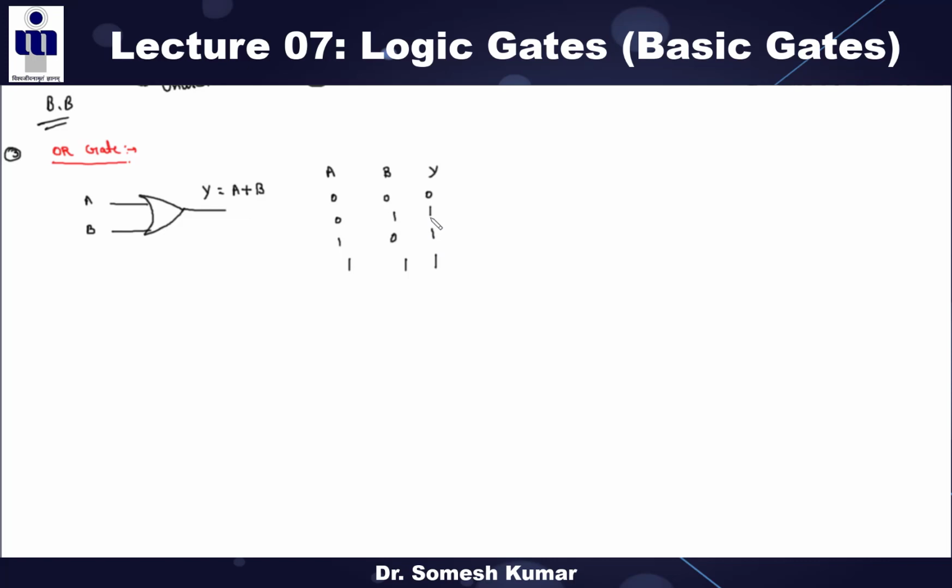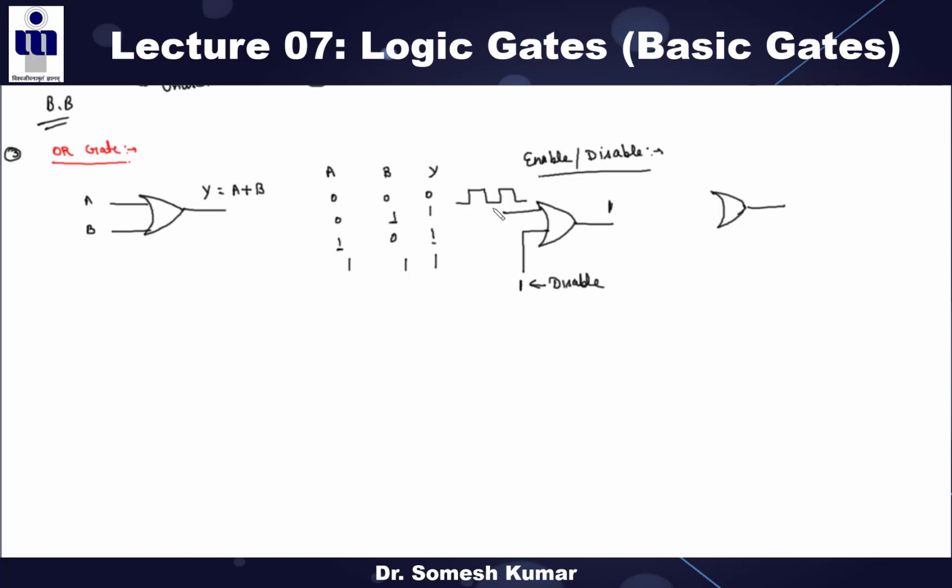Clear? So now tell me how you can design an OR gate using switches. You have to place all these input switches in parallel, right? Similarly, now we will discuss the enable and disable conditions for the OR gate. Now tell me, if this is 1, then what happens? If any input is 1, what is the output always in that case? 1, right? So this 1 is basically your disable control. It will disable, no input is propagated to the output. Output always remains 1, right?